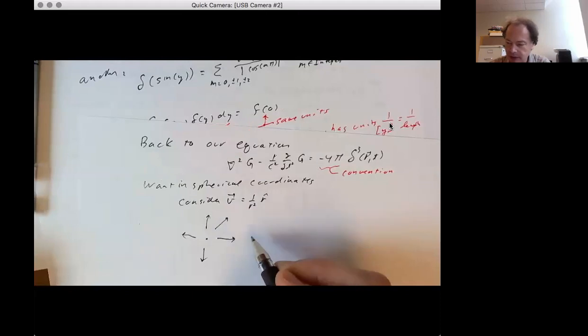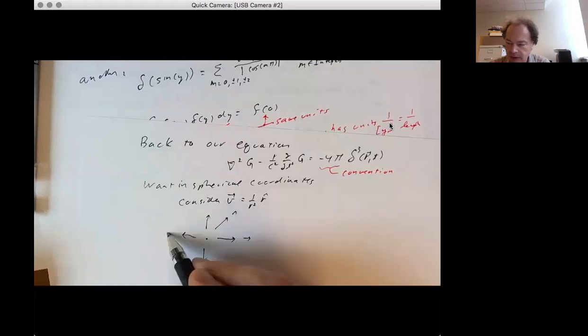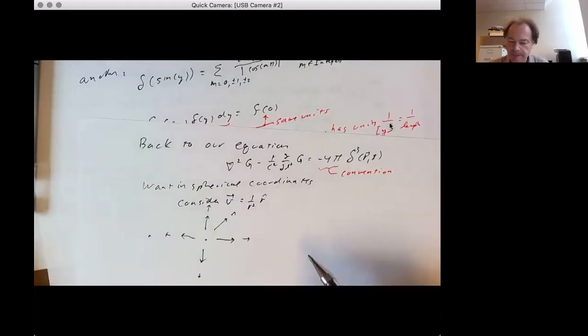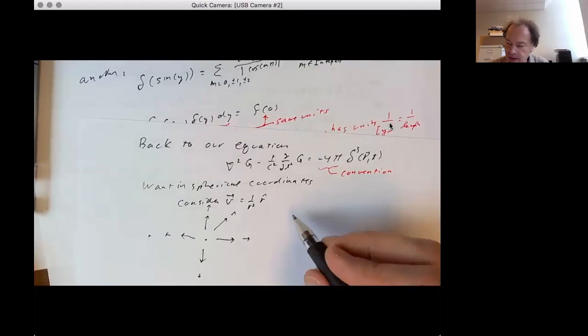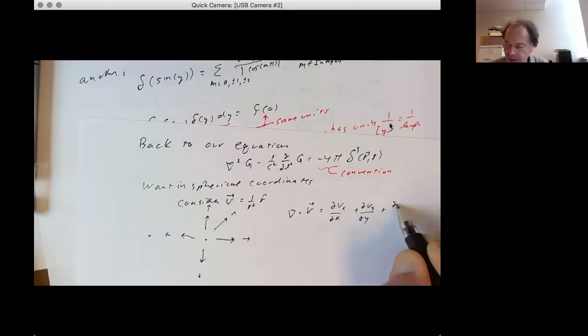So it gets shorter as we go further in any direction. Spherically symmetric. So the divergence of V is partial Vx, partial x, plus partial Vy, partial y, plus partial Vz, partial z,